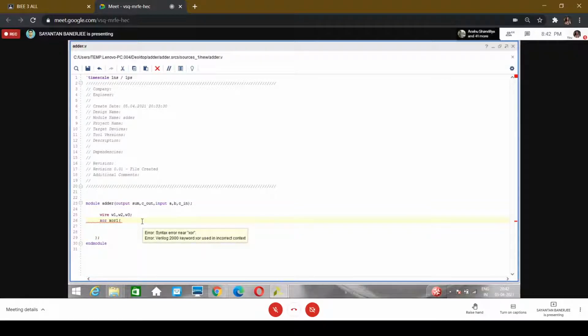First we have our output, sum, then XOR of A, B, and C in. Then our sum is complete. Then we have our carry output. What is carry output? Carry output is A into B plus B into C input plus C input into A.